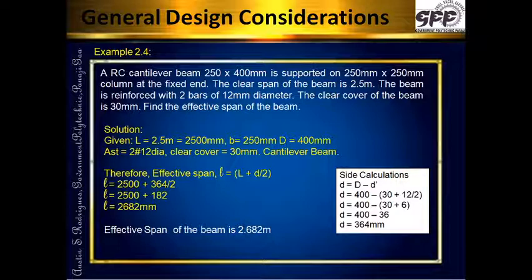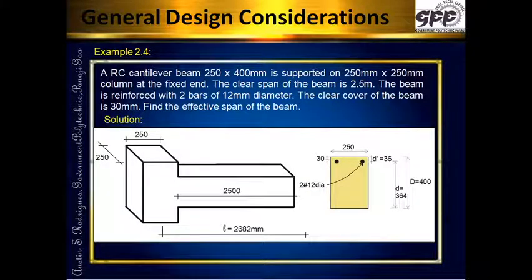Now let us have a pictorial view of this beam. So that's the beam which was given to us. Please note one thing, since it is a cantilever beam, the steel is shown over here on top because the top portion goes in tension, bottom there is compression. The steel has to be provided at the top. So the steel is provided at the top over here. Clear cover is 30. So finally we got the effective cover, that is the distance from the topmost fiber to the center over here, as 36.